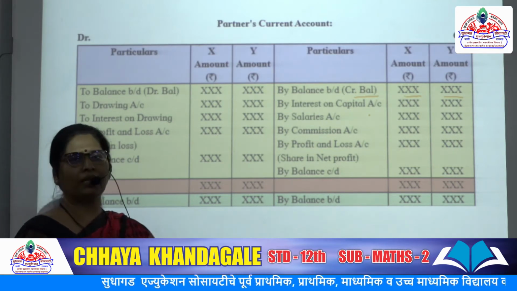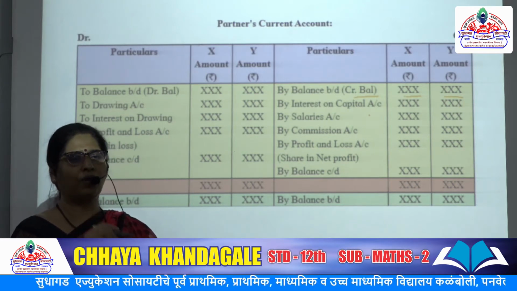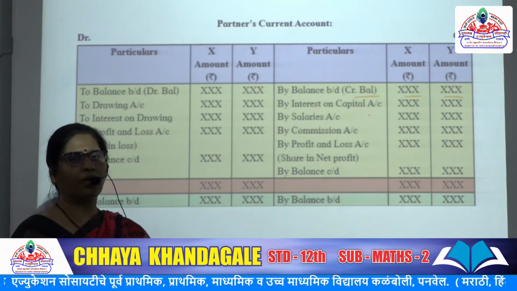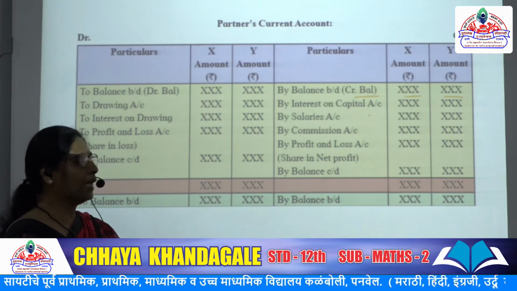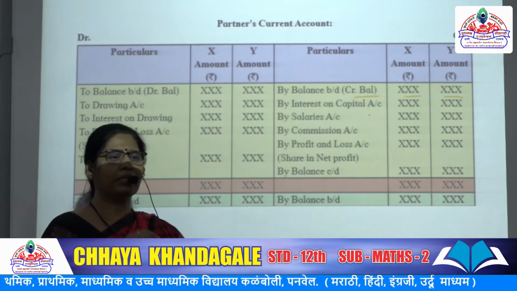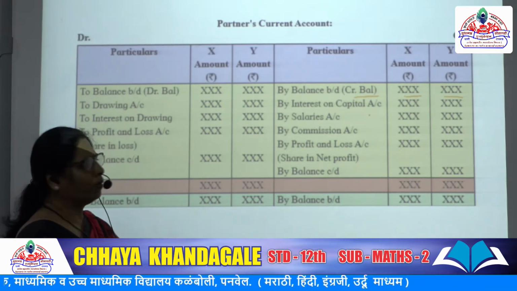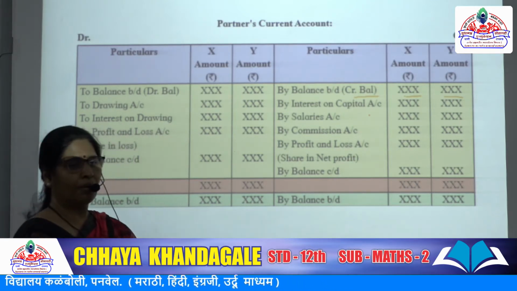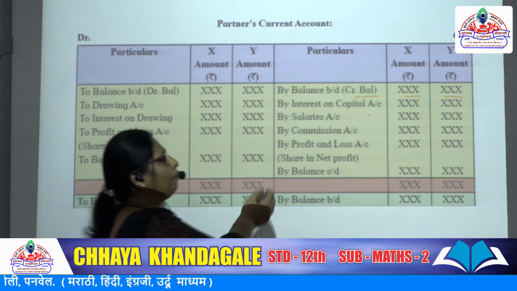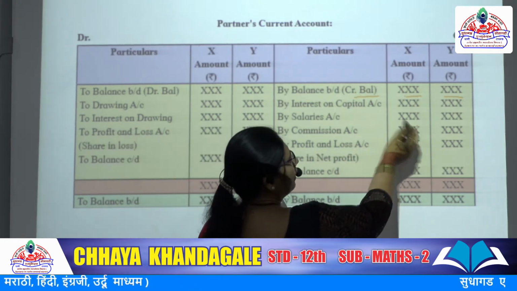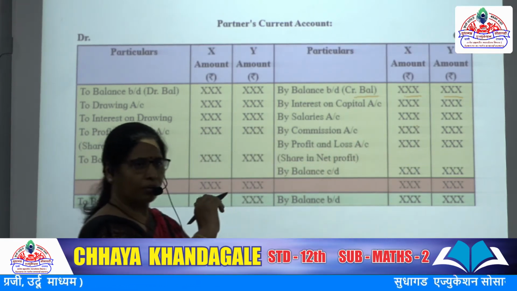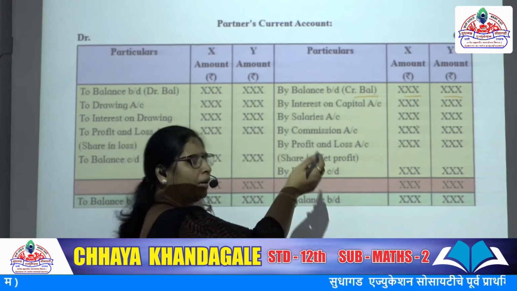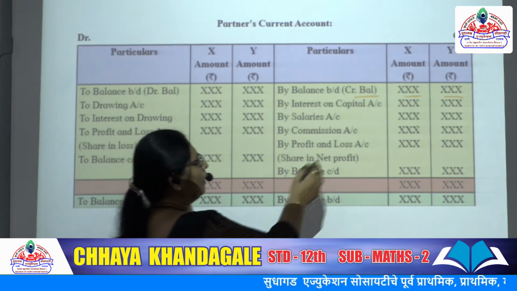Suppose there are 3 partners and one is doing a full time job in that particular firm, then he is giving his skills, abilities and capital. So sometimes partners agree to pay a salary to a full time partner. So at that time the salary will be credited to his personal account. Capital account means current account or personal accounts. So that will be credited.